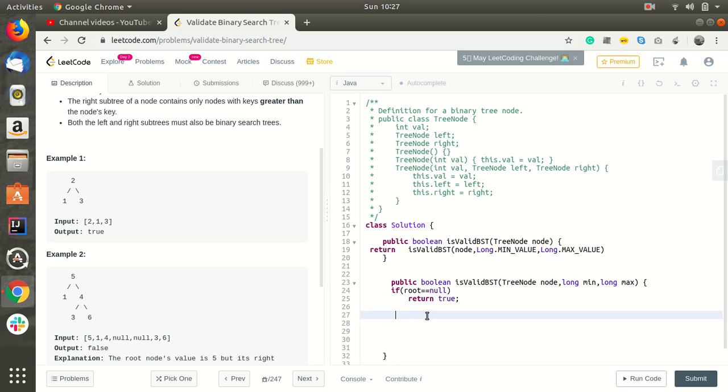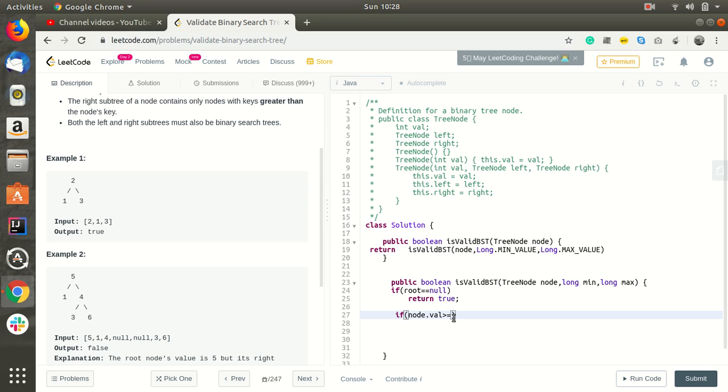Now we will be checking for the false condition. So if node.val is greater than or equal to the max value, it should not be greater than max. For example, for 2 it should not be greater than the max value, and it should not be less than the min value either.